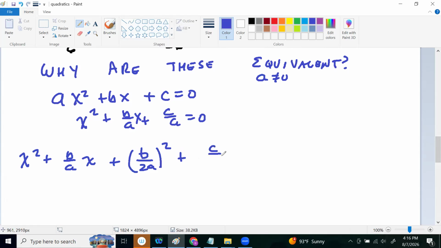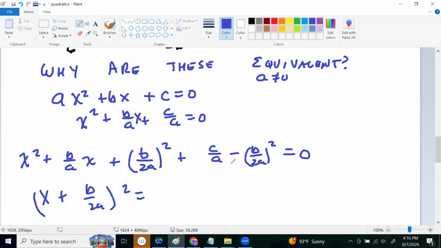And then you got to subtract that to make sure you don't change anything. So you add and subtract the same number, this b over 2a squared. This is now a perfect square. So this is now x plus b over 2a